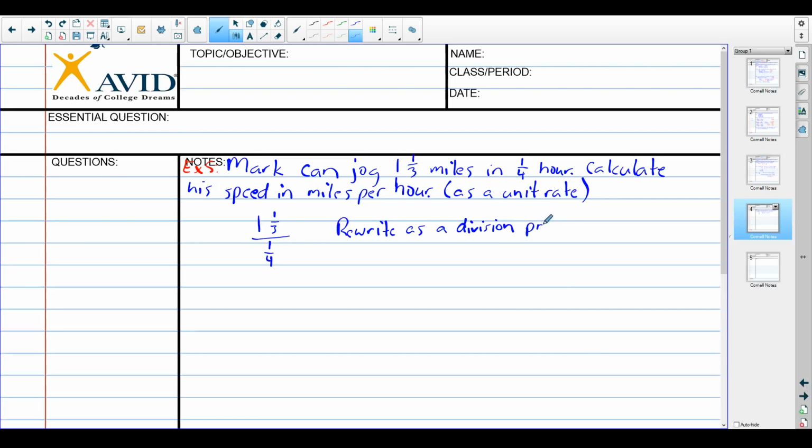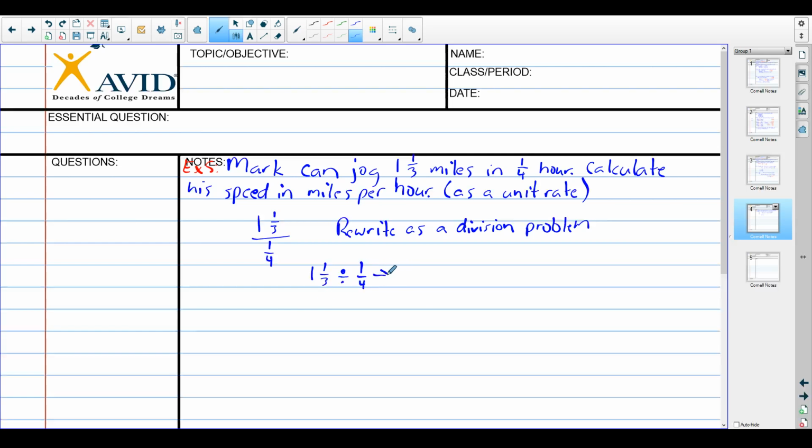Division problem. So we have 1 1/3 up top. 1 1/3 divided by 1/4. Okay. So first things first, we can't multiply or divide mixed numbers, so we have to make it an improper fraction. Okay. So we can say,